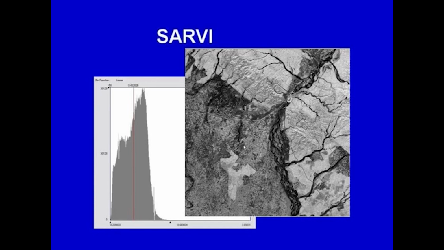In this particular slide, we now see the SARVI image which has been represented here. Interestingly, in this image, we find that in the mountainous regions where there are valleys, the information is distinctly brighter in comparison to those forested areas where the cover is more uniform. The information can again be seen to be clustered around the lower end of the brightness scale, with a very distinct boundary shown at the end of the histogram, which separates a very small region of a water body